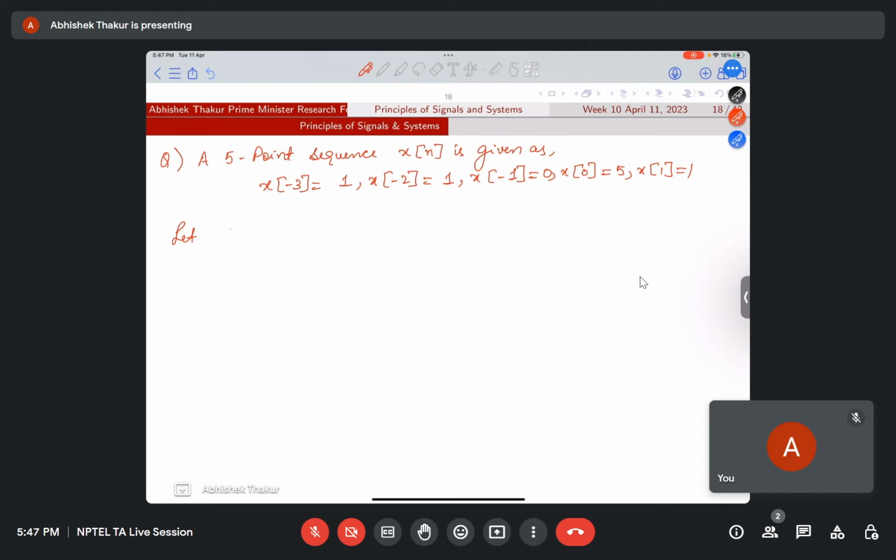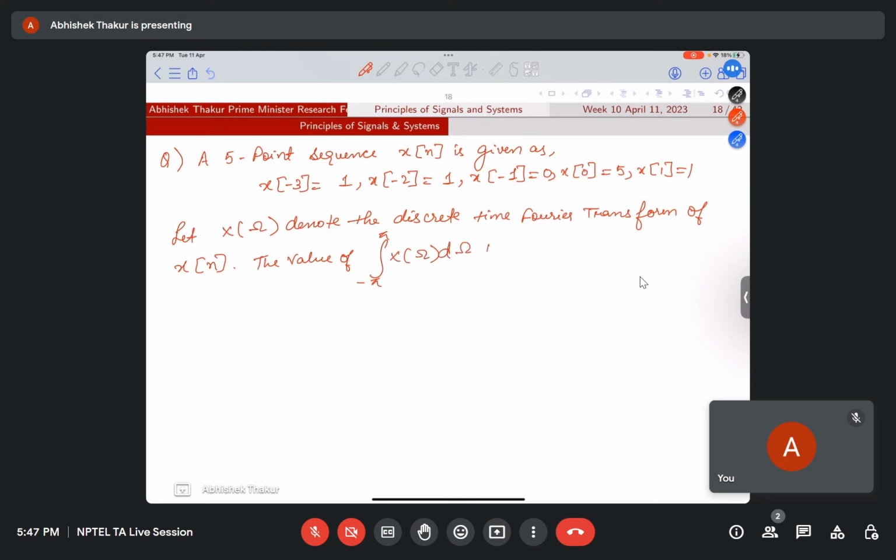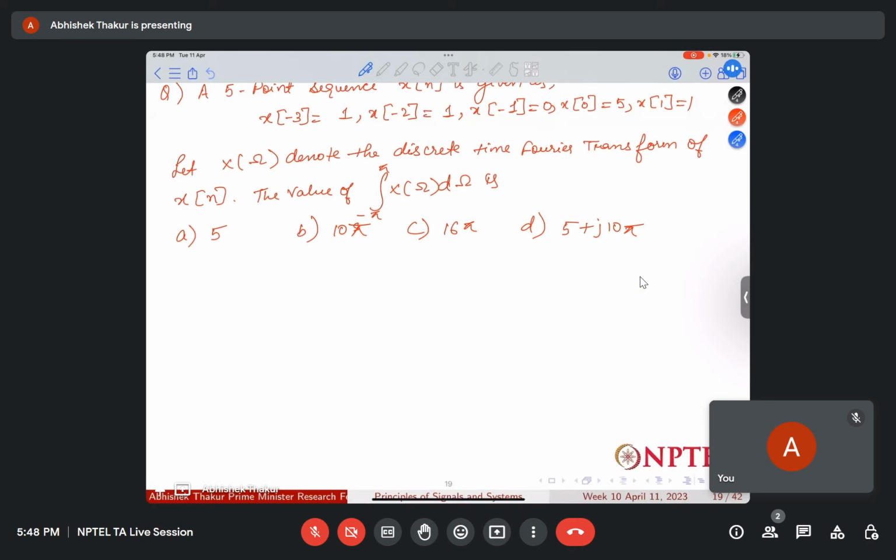Let X of omega denote the discrete time Fourier transform of x of n. Then the value of the integration from minus pi to pi of X of omega d omega is. Four options are given for this question. Option A is 5, option B is 10 pi, option C is 16 pi, and option D is 5 plus j into 10 pi. Okay, so the solution for this question is